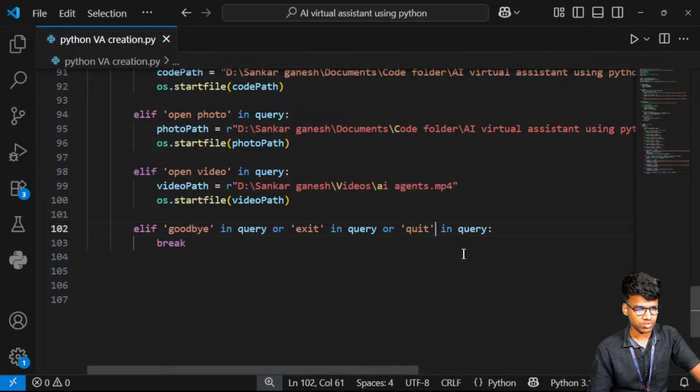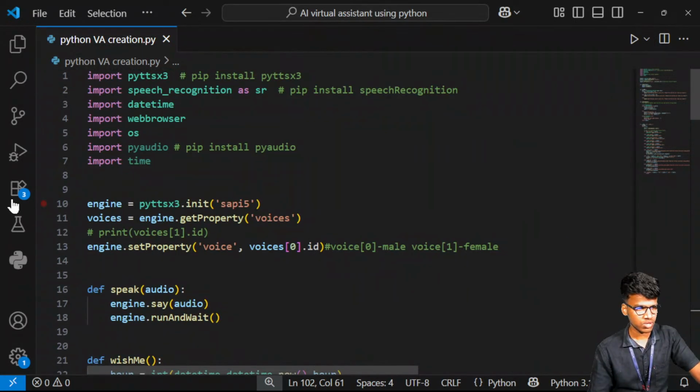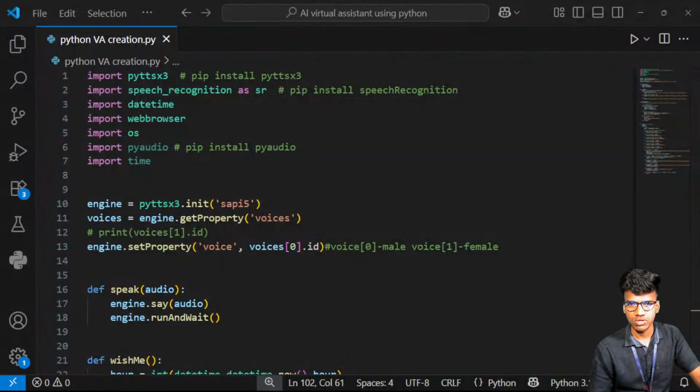So what are the major libraries needed for this? These are the major libraries which help to create the particular personal assistant.